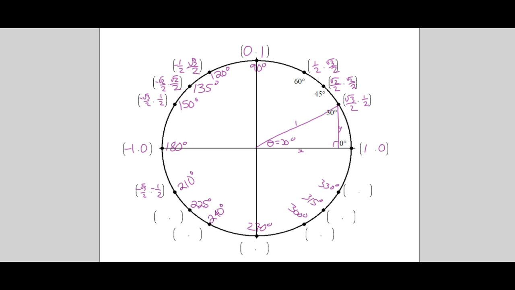Okay, so fill in the rest. When you go here, what happens? Your x values are the same. Your y values are negative. Okay, so try to fill in the rest of the unit circle, as I will as well, and then